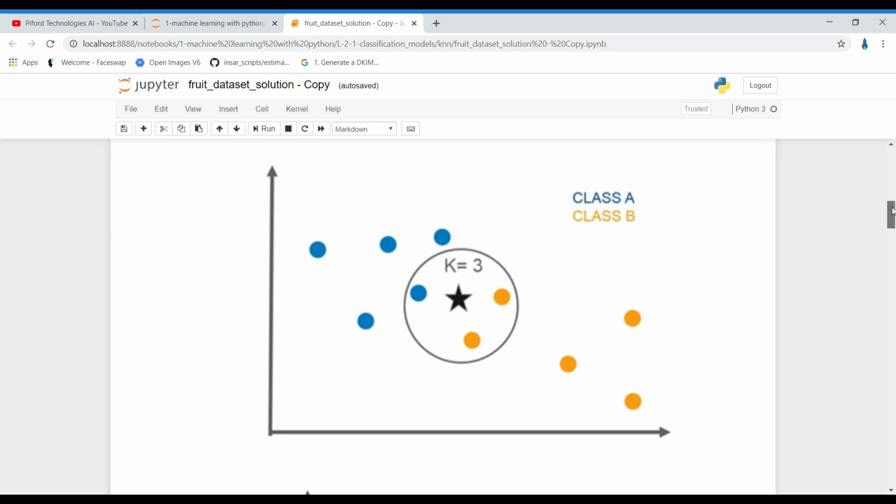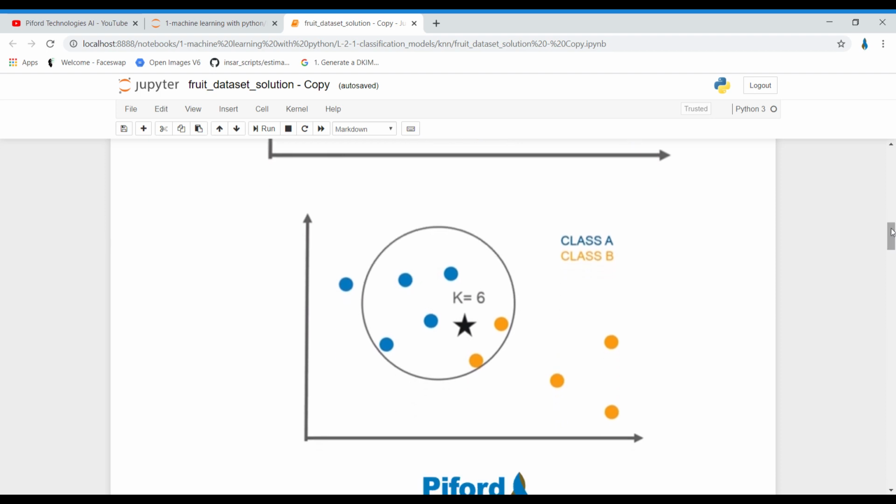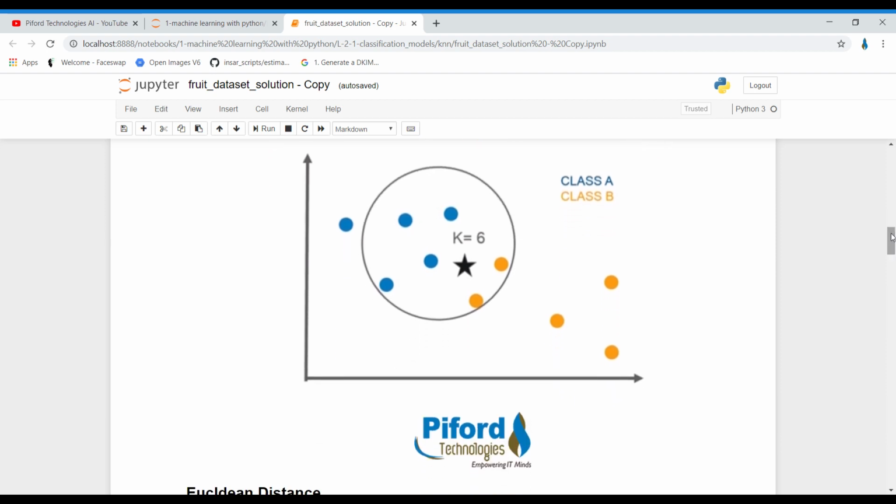Now let's change the value of K and see the result again. Over here I'm writing k is equal to 6, meaning I want to check 6 nearest neighbors, and for that we'll calculate the distance again of this new data point with all the data points. After calculating the distance, these are the 6 points which are closer to this new data point.